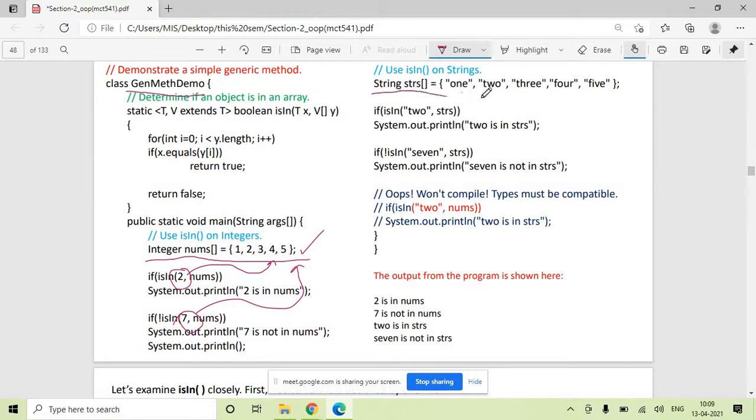Then we will create a string array of this type, and we will search whether the string 2 is present in this array or not, and whether 7 is present or not. So let's try to achieve this target with the help of a generic method. Let us study what the use of this generic method is and try to understand this program.